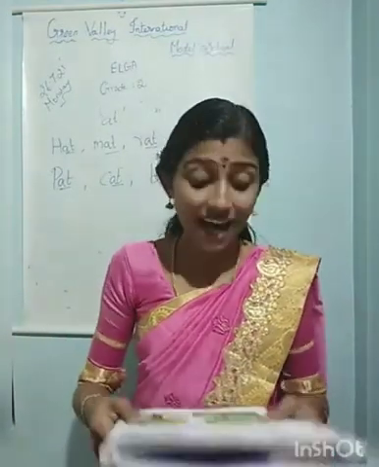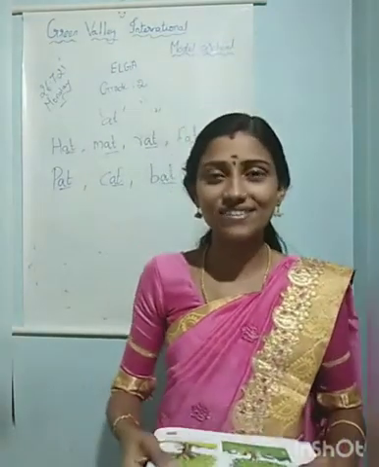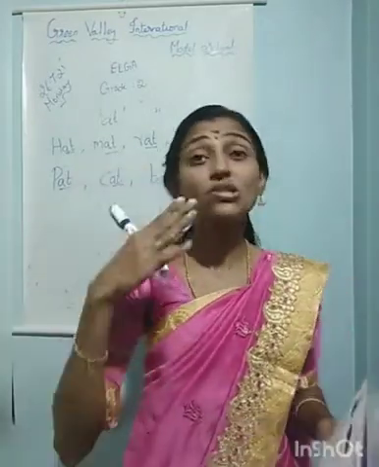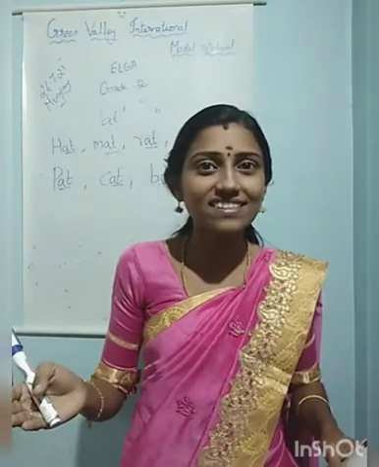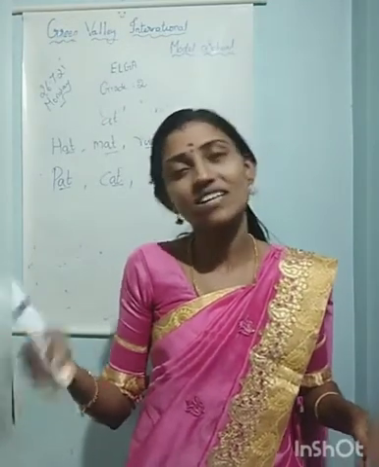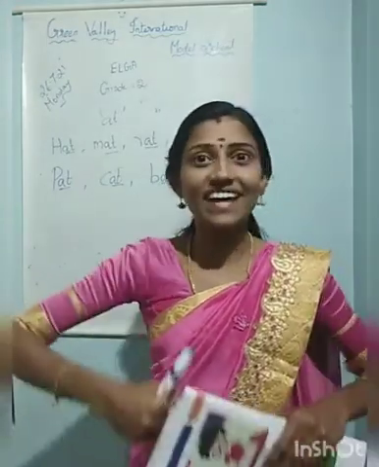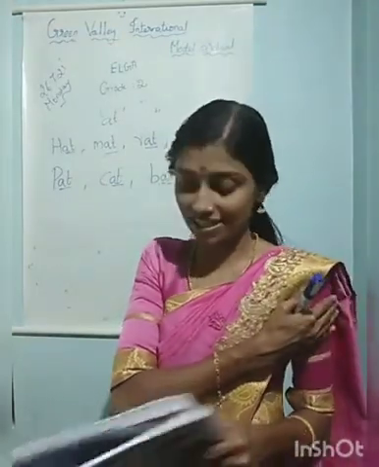There is a blue mat. A rat sat on the mat. So, these are some rhyming AT word family. So, I see a cat. You all like cats, right? Some children, you have a cat as a pet at home, right? So, I see a cat. The cat is fat. I pat the cat.